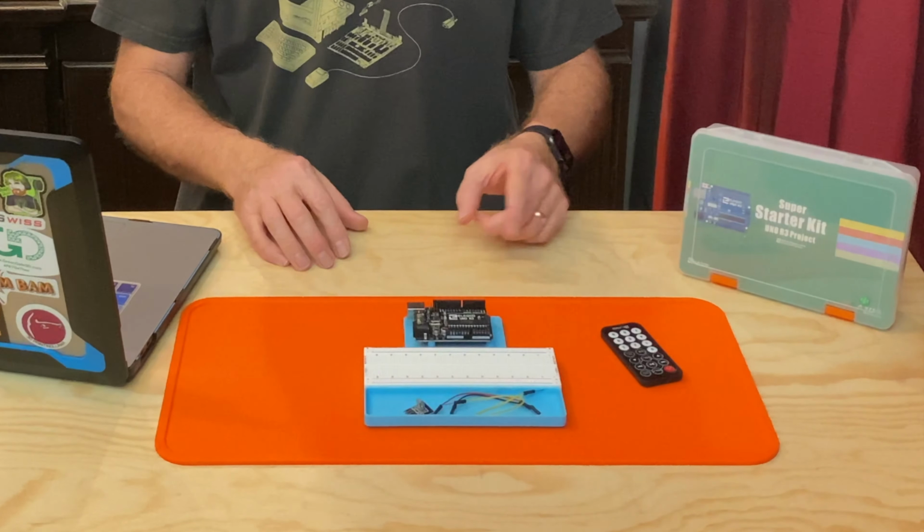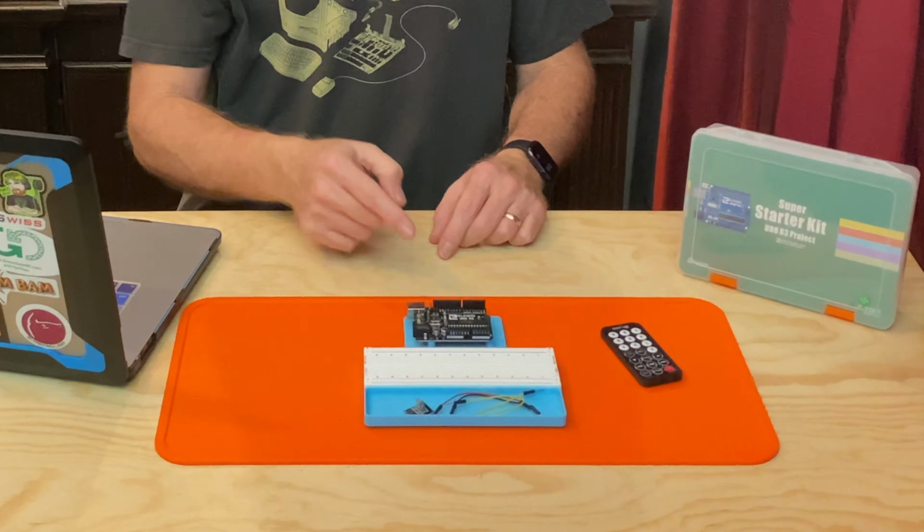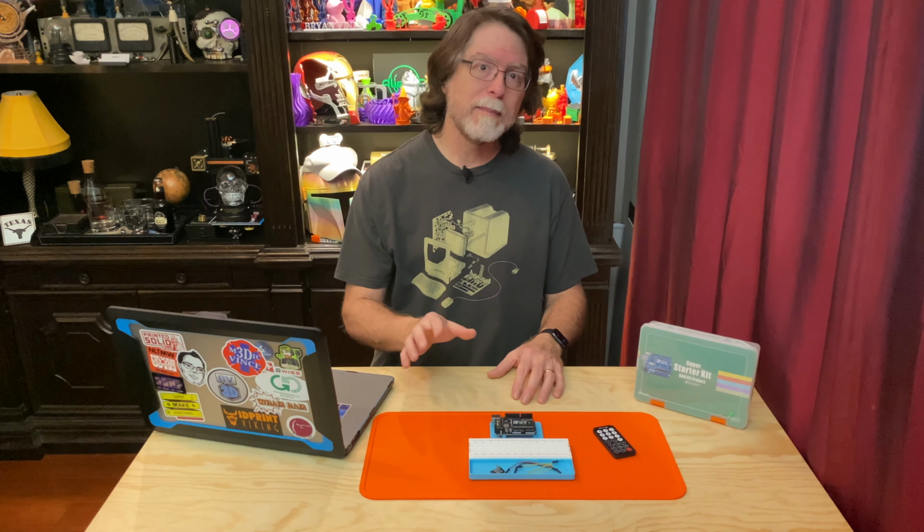Okay, so we're back with the 10th episode in the Getting Started in Electronics series, and today we're going to learn how to use an infrared remote control along with an infrared receiver to control an Arduino Uno R3 microcontroller board. Well, actually the board that I'm using is made by Elegoo, and it, along with all the